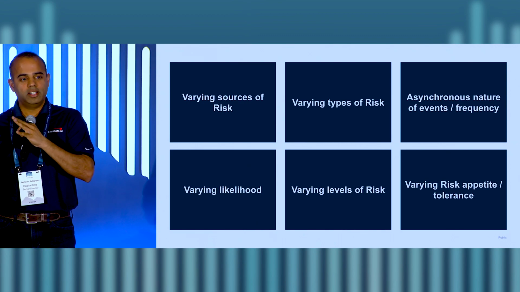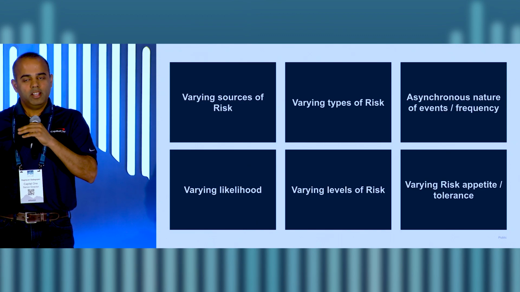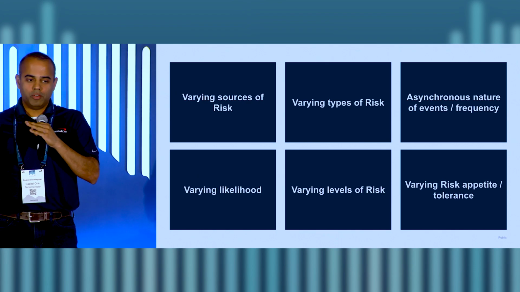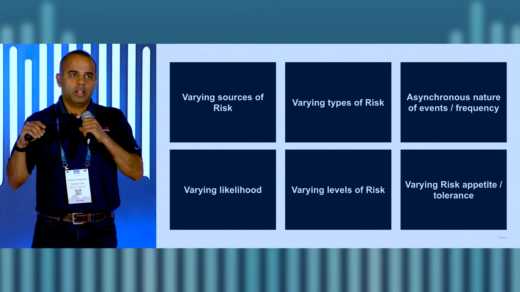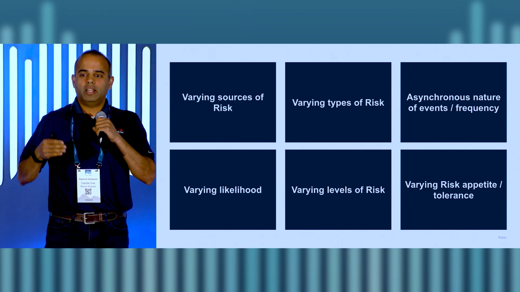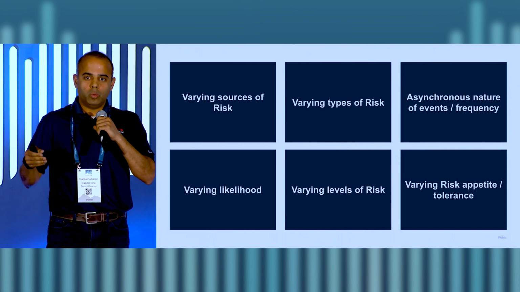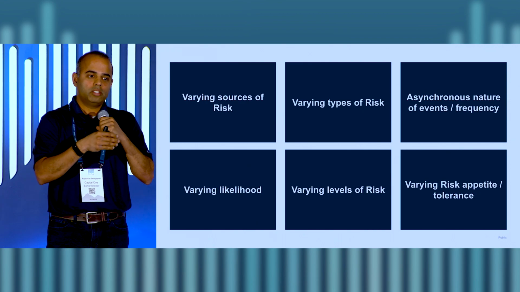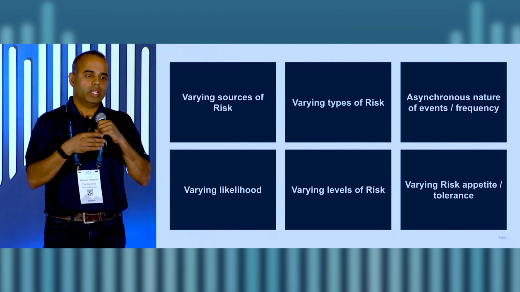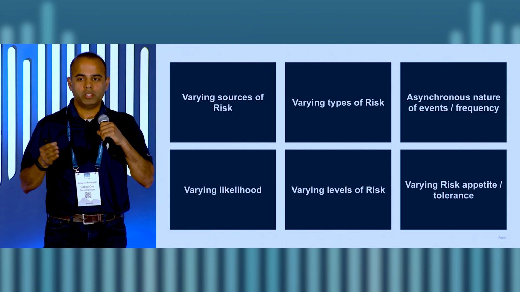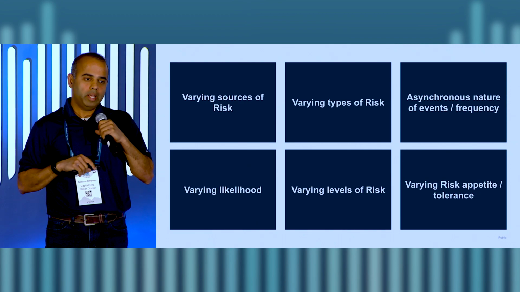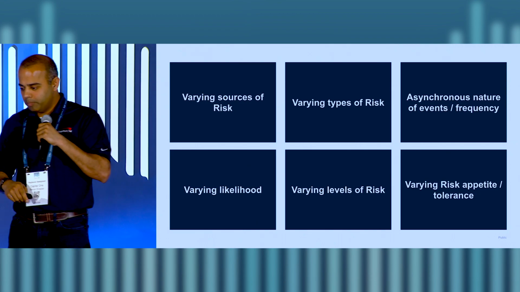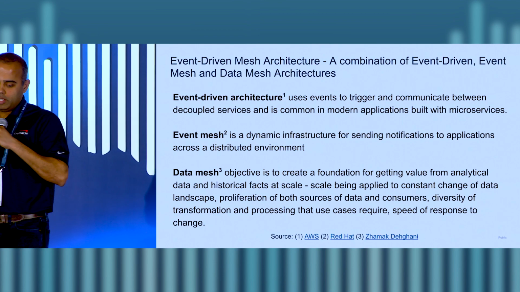And the third is the data. Data is key. When it comes to risk management, it is even more important. Consumers of data that deal with platforms or tooling to mitigate the risk should not be impacted by changes in the producing of data. So there needs to be some form of abstraction. There needs to be some form of thought put in place. So for these three key broad technology challenges,